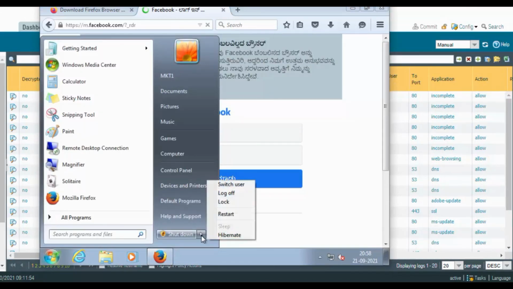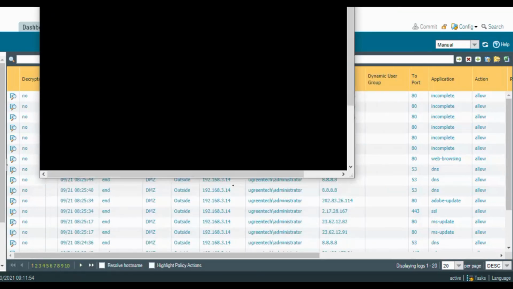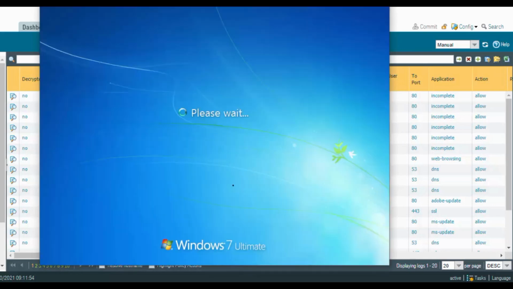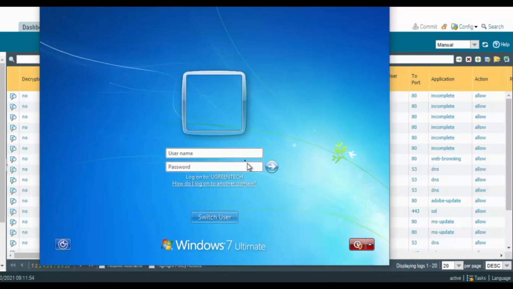Similarly, I will do a switch user and try to recheck from sales one. So when we enable the user ID, you can create specific allow or deny rules based on user groups or user IDs.